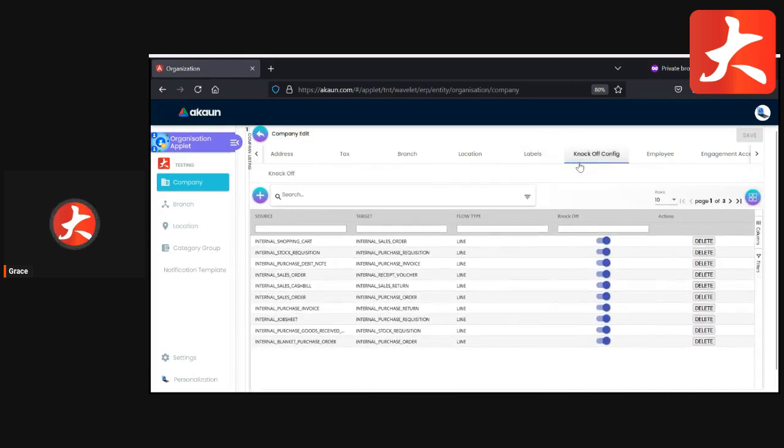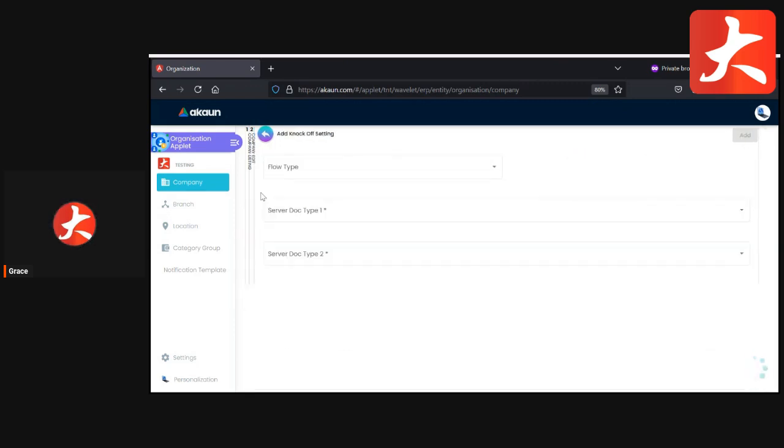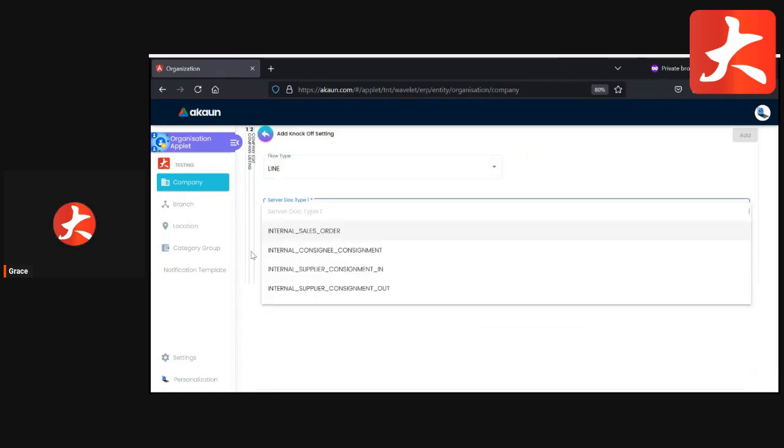And then the next one will be the knock off configuration. So knock off configuration is a must to set up for the company. This is where you configure your workflow for the whole company. For example, you see here when I click plus, right? So you configure what will be your starting point. For example, for the purchase, you start from the purchase order. Purchase order, you convert to the GRN or purchase invoice. Okay, so that's where you configure, or maybe for your sales,